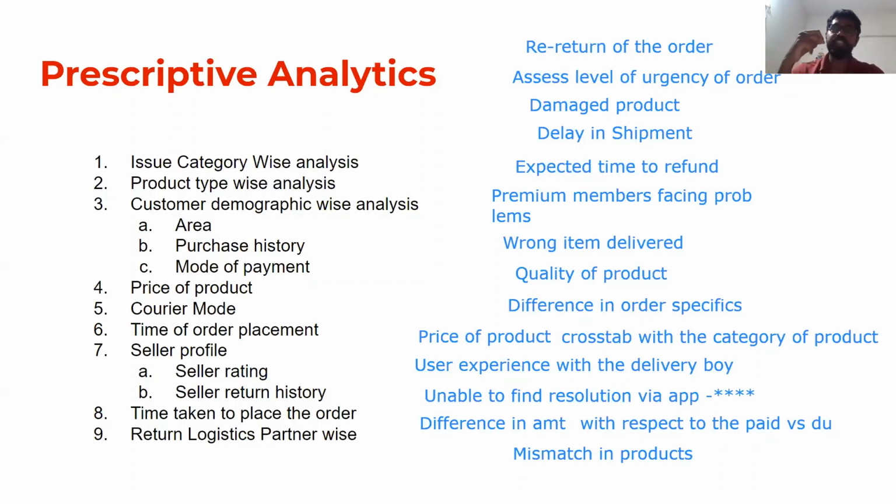Second kind of variable is the purchase history. When you talk about customer purchase history, you can say that this customer is a person who has, on a repeated basis, returned products in the past, right? Now, this is a very important variable, because when you look at any kind of analysis which you do,